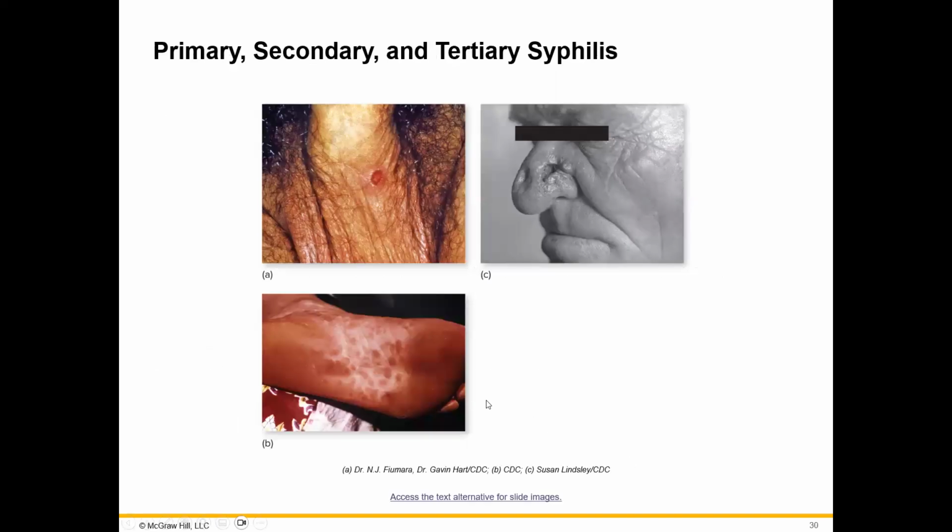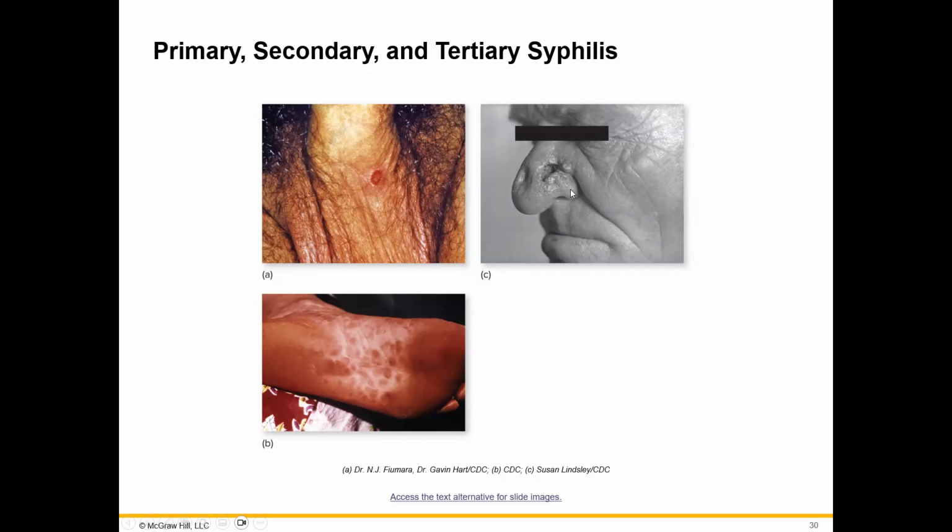So here are some images of these sores. In image A right here, we have the base of the penis. We have that chancre sore. In image B down here, we have that rash. We can see it very clearly on the soles of the feet of this individual here for secondary syphilis. And then in image C, we have one of the gummas that's associated with those tumor-like lesions that form in